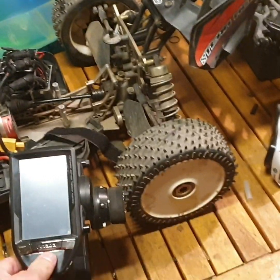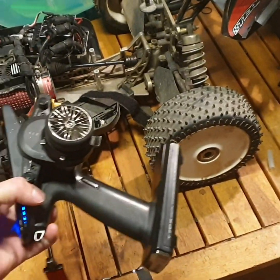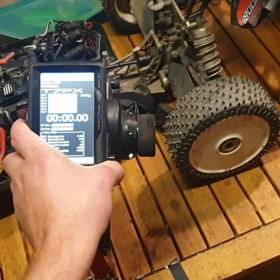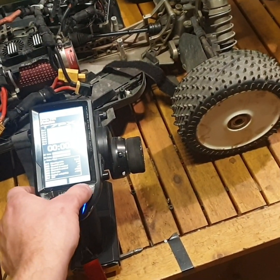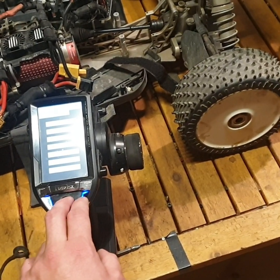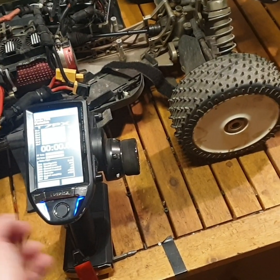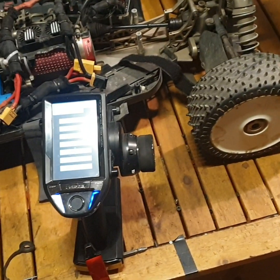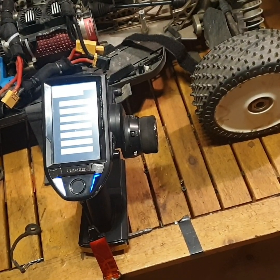And last I'm gonna talk a bit about my transmitters. I run those 2. This is my primary transmitter. It's a Futaba T7PX, 7 channel. I never use 7 channels, but it has a lot of nice functions and setups and so on. It's proven quite useful when you have things like brake bias and extra channels for